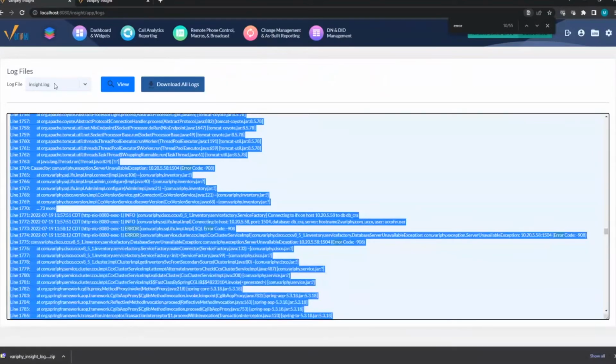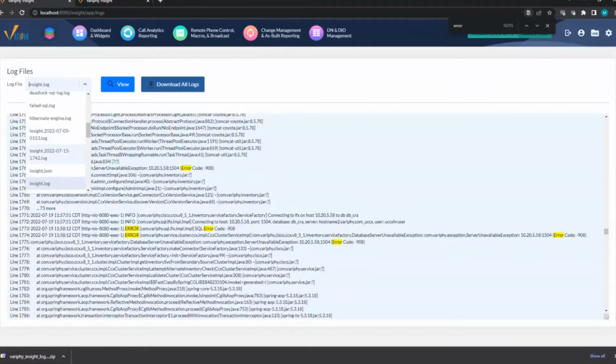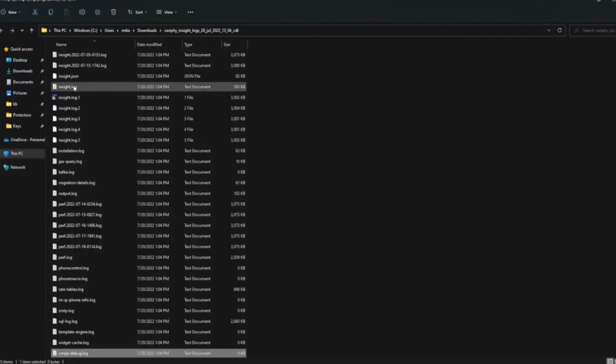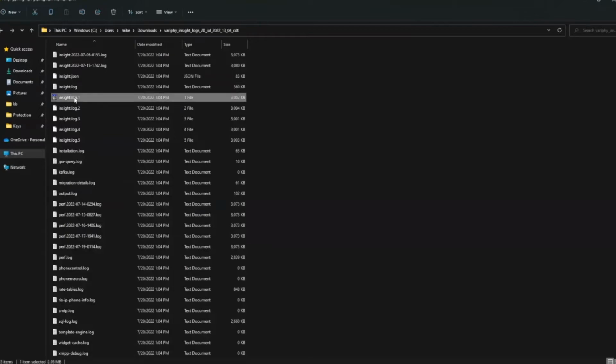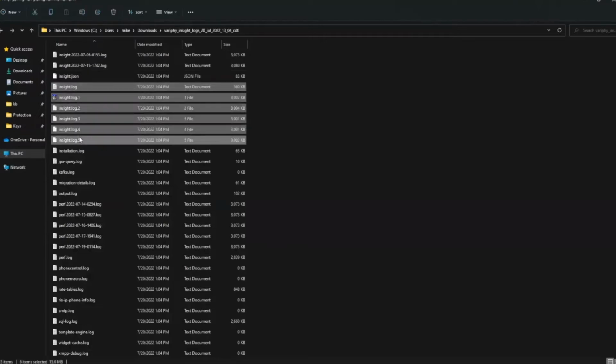So instead of going through the different files, let me jump back into my folder here. So yeah, you can go through the files one by one. If you want, I've done it a couple times where I open the command prompt and just run a quick command to copy all the files into one big file. So you're merging all these files into one, so you can search through everything instead of one at a time.